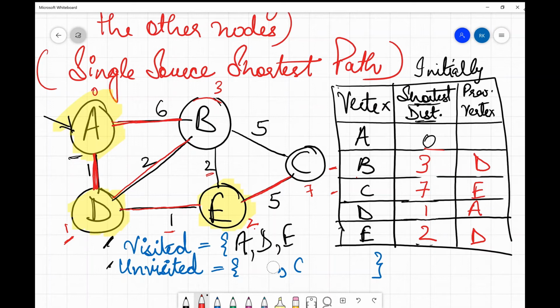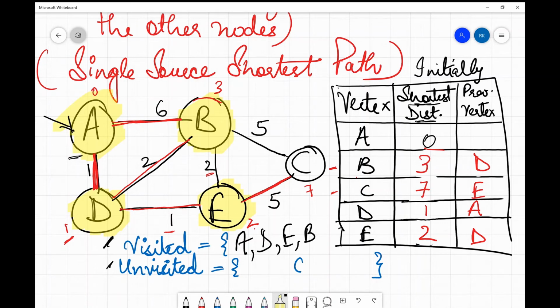I'll remove B from the unvisited list, add it to the visited list and mark it visited, and then I'm going to process the edges connected with B. When we check this edge B to A, the cost to reach A from B is 3 plus 6, which is 9, which is larger than the initial distance value present there, 0.